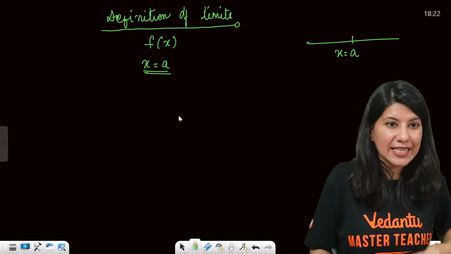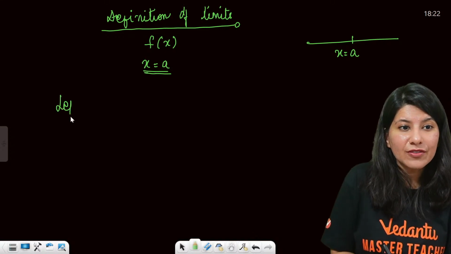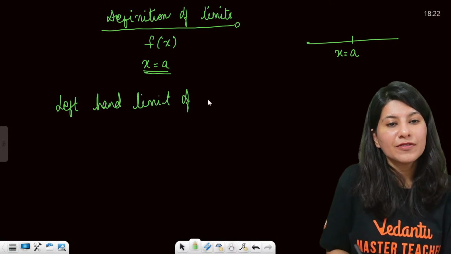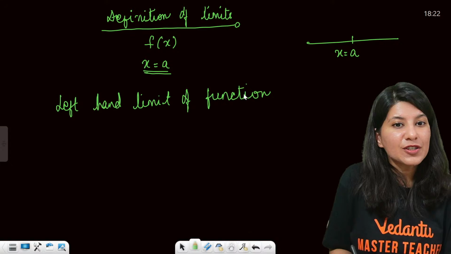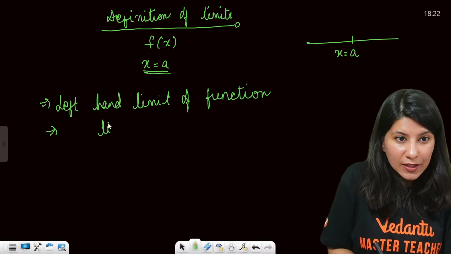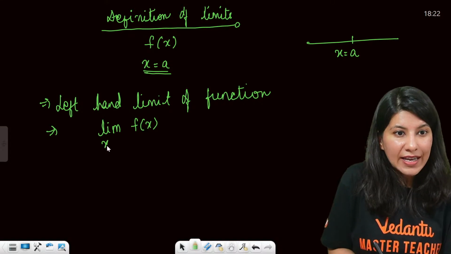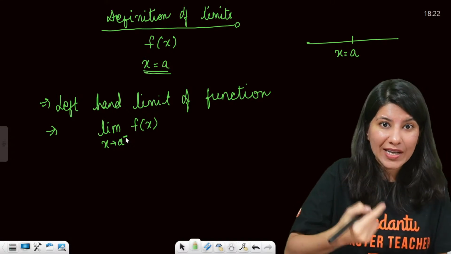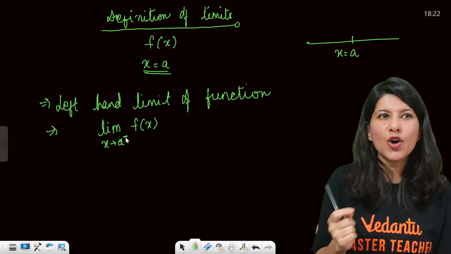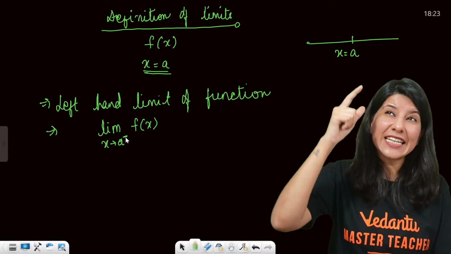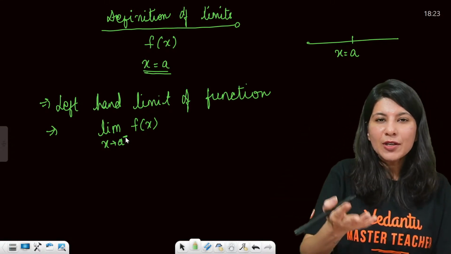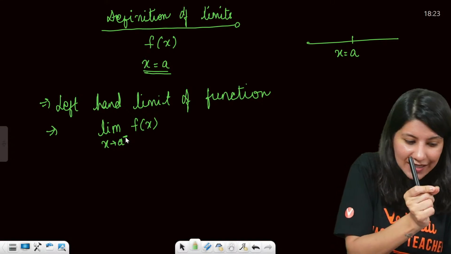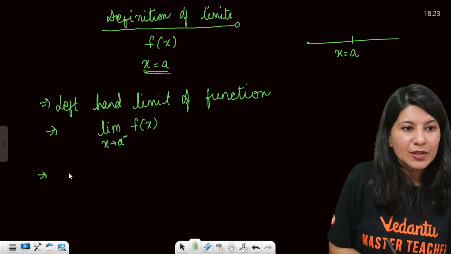Now the definition of limit says that you have to understand the left hand limit of that function. The left hand limit of the function will be the limit of f of x where x is tending to a minus. This is how you mathematically express things. I will not always write f of 1.999999. I will say limit of x tending to 2 from the left, which means you go a little on the left side. What about the right hand limit now?